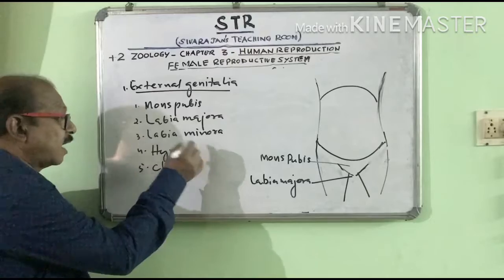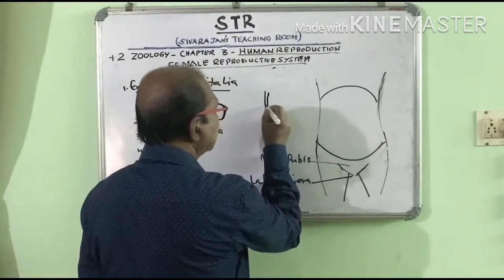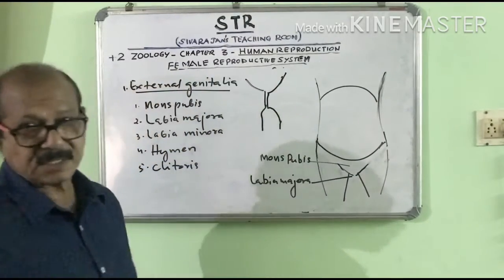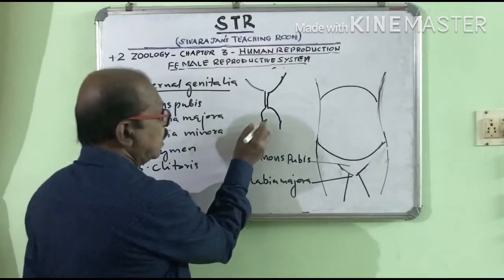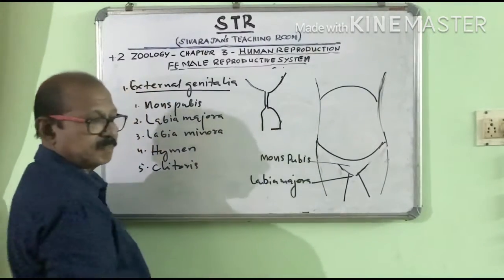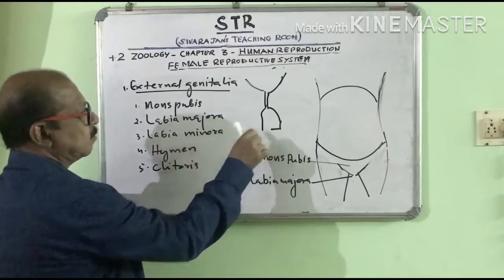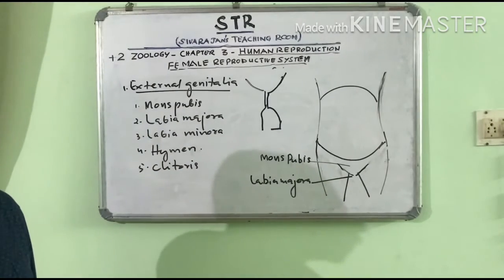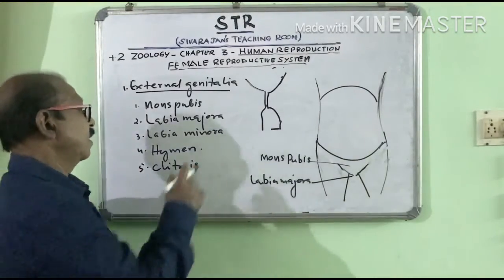And what is hymen? See, this is the cervix and this is the vagina and this is the uterus. In the previous episode, we had seen the structure of the uterus. So this is the vagina, and the vagina is partially closed by a membrane. This membrane is called hymen. So hymen is the membrane that covers the vagina partially, and